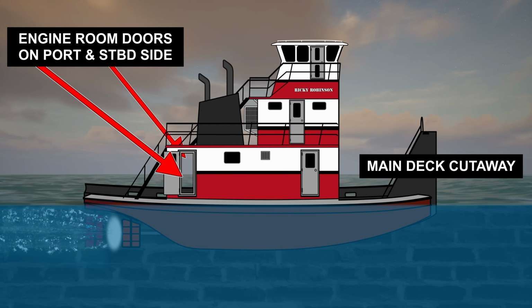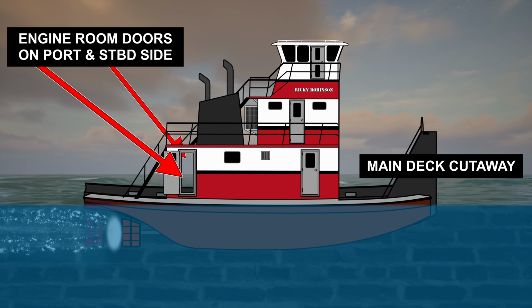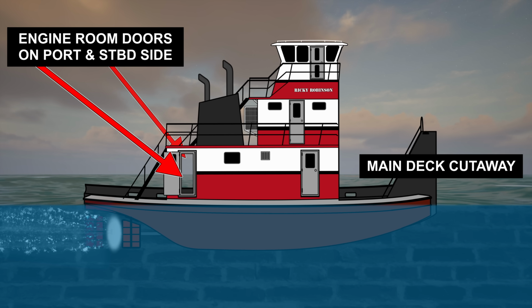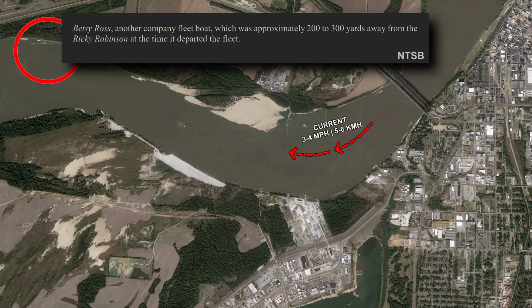Both of the towboat's engine room doors were open at this time, according to the pilot on the Betsy Ross, another nearby company fleet boat. The Ricky Robinson, currently in a light boat condition, was pushing upriver through an estimated 3 to 4 mile per hour current. Using his 2 steering rudders, the captain piloted the towboat at about 6 miles per hour for roughly